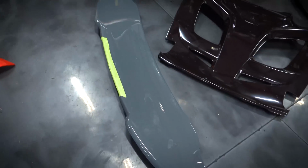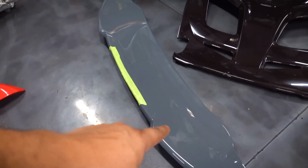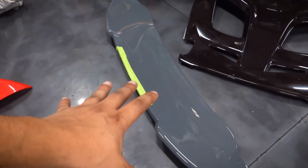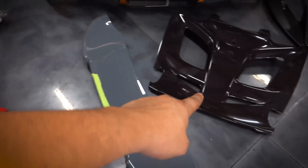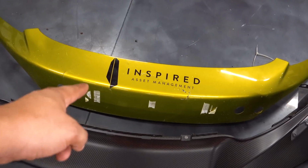I also like the Chicane Gray, but as I've said before, if I spend so much time and so much money making a car this color and giving it a paint job that just looks better than the factory, and then somebody says, hey, is that primer? I'm just gonna walk into traffic. I could just do Delta Red, I could do black, or I could do baby diarrhea green or whatever that is. I could follow Shmee and do an MSO Cerulean blue. I can do lots of different colors, but you guys let me know what color you would like on this